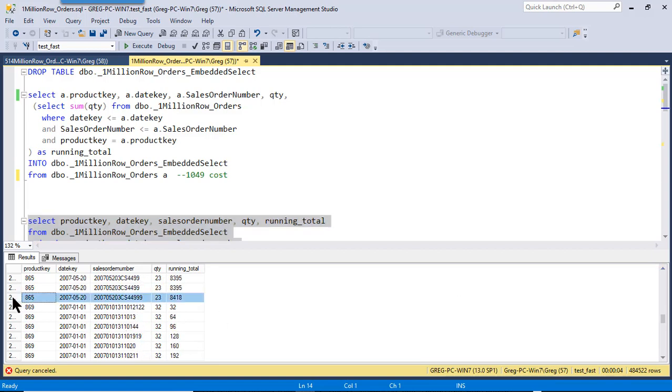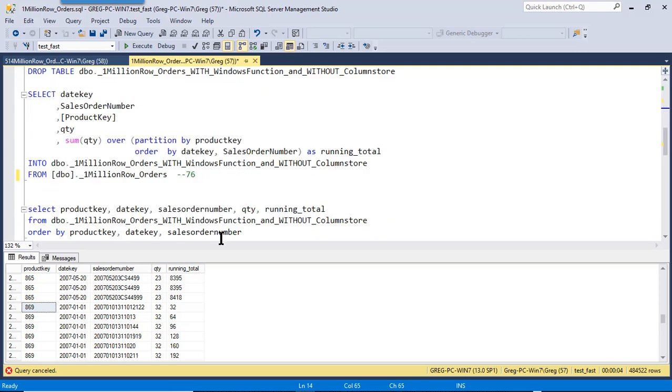Okay, so here's your 865. It finishes at 84.18, and then it restarts here at 32.64.96 on the next product key. Okay, so that shows the first one worked properly, and the second one we're going to run a query against